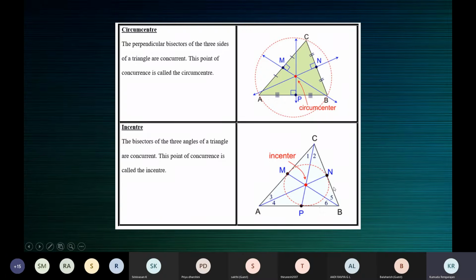Now, when you take the three angles of the triangle and construct the bisectors of the angles, you bisect angle A, you bisect angle B, you bisect angle C. The angular bisectors are also concurrent. The point of concurrence is called the incenter. So this is the incenter. If this is the incenter, if you join the incenter to the vertex,